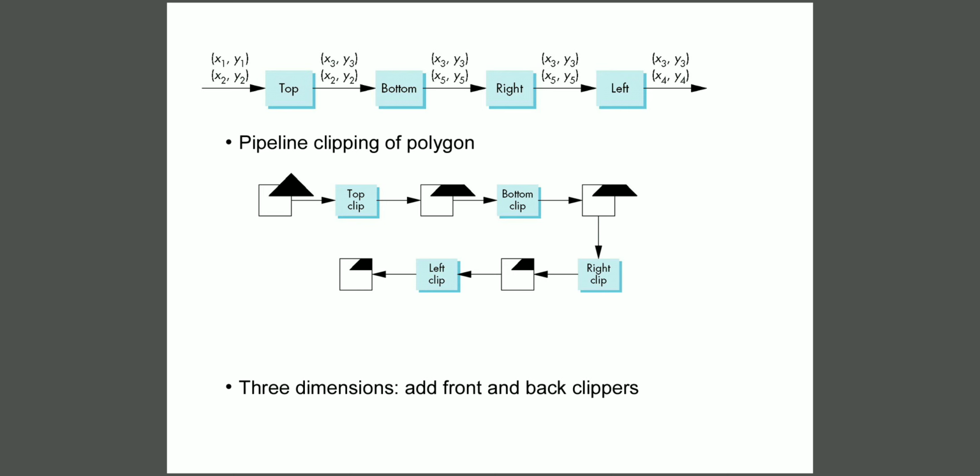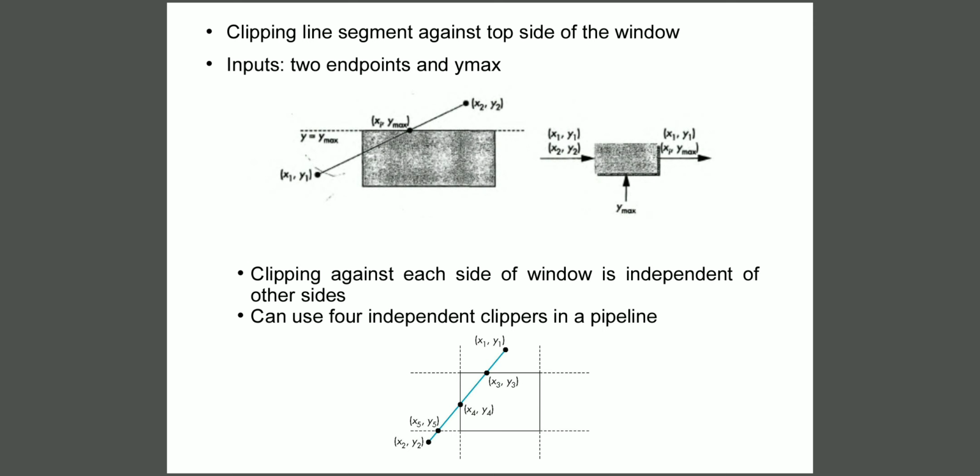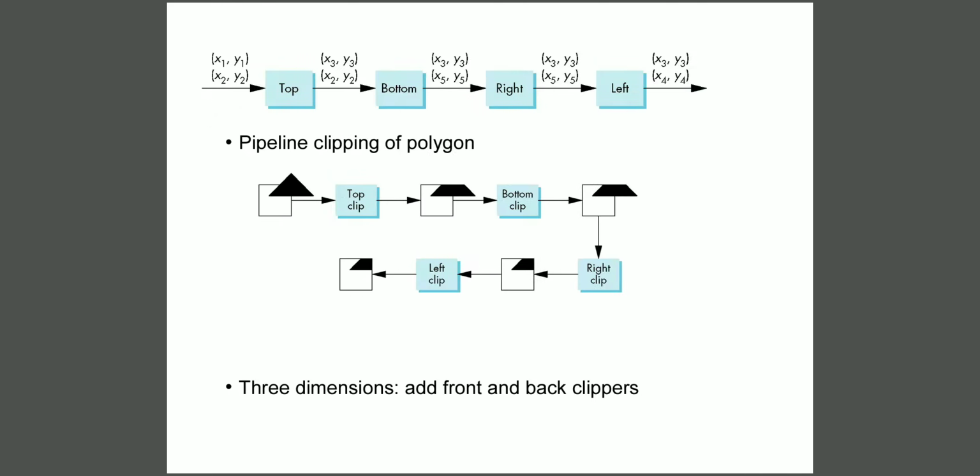When we give x1 y1 x2 y2 as an input to the top side clipper, the line segment is going above the topmost side of the output window, so that part needs to be removed. So it calculates an intersection point called x3 y3 at the topmost side of the output window. The line segment from x3 y3 to x1 y1 needs to be removed because it is not visible to a user. So it performs clipping against the topmost side of the window, and the result of the top clipper is x3 y3 x2 y2.